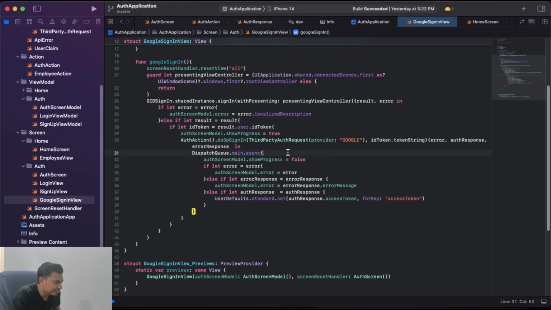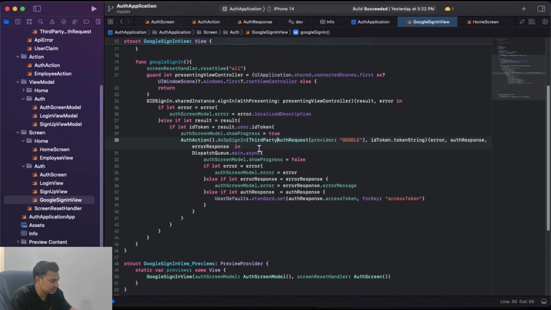So that's really it. When we get this token from Google, we again call our user authentication API, which is a third party sign-in API, with this token, and this token will be sent to our backend as I explained now. So that's what is happening here. When we receive the token from Google after Google authentication, we show a progress in our window. That means the Google sign-in screen will close and our sign-in will be present there. There we will show a progress because we now want to call our backend API with this token and also have a request like